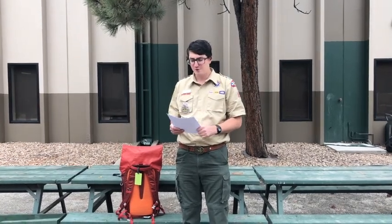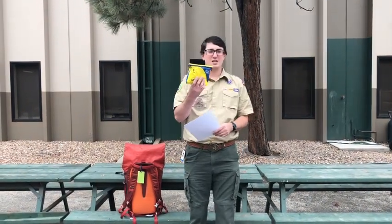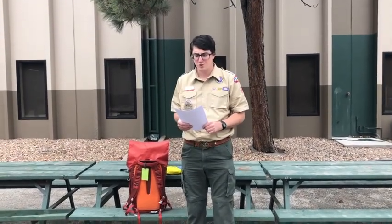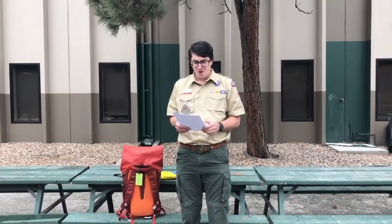We're going to assemble a first aid kit suitable for our hike or activity. We'll be covering what's in this first aid kit, as well as what you could do to make it your own. We're going to recite the outdoor code and leave no trace principles, and then we're going to discuss how we would use those on our hike outside. We're also going to